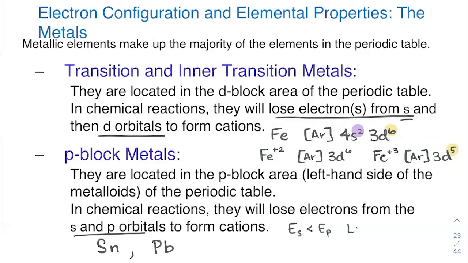So lose the p's first, then we would lose the s's. So we could predict that tin most likely could form a tin plus 2 cation, getting rid of both of those p electrons. And then we could also think about tin forming a tin plus 4 cation,